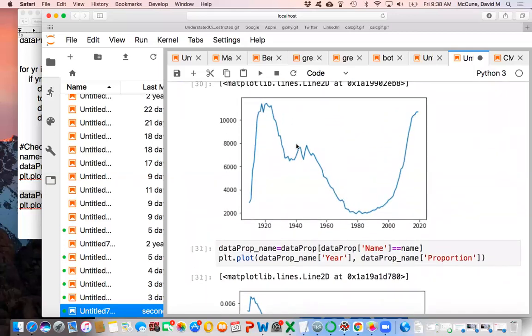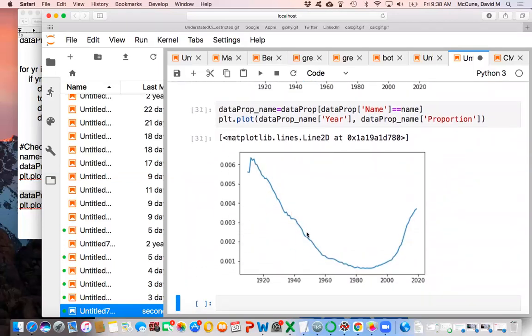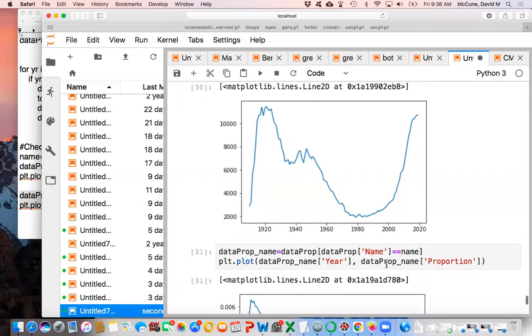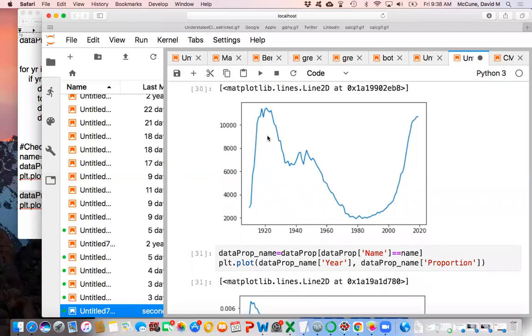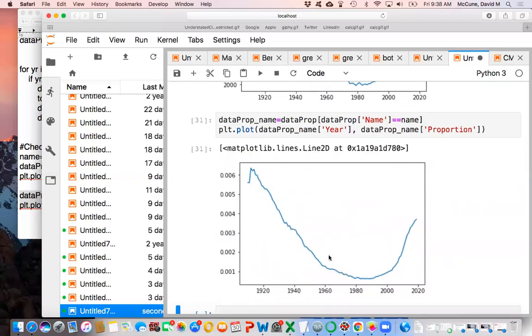So again, it looks like Henry's trying to recover here, and in raw numbers, he was trying to, but percentage-wise, it's just a crash. But then there's actually a real uptick percentage-wise starting around 2000 or whenever. So anyway, here's just something you can do. If you want to get both a plot of raw numbers over time, but then also a plot of percentages and compare them, you can.